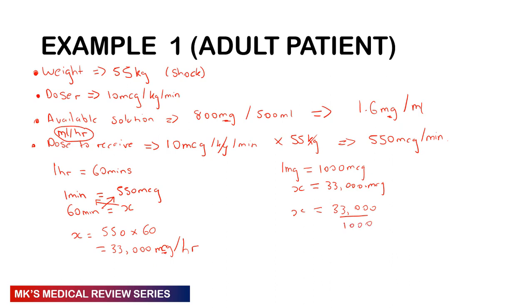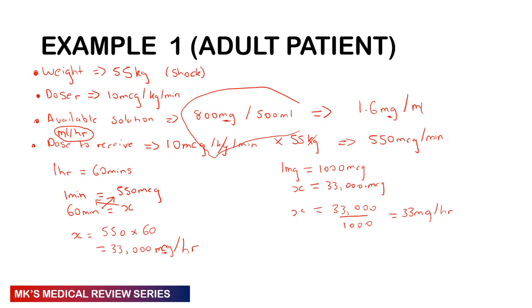So this gives us 33 milligrams per hour. But we're not yet done, because we want to find out how much they're supposed to receive, the mils per hour that they're supposed to receive. What's our concentration that we have? This is our concentration that we have. Okay, in about 500 mils,